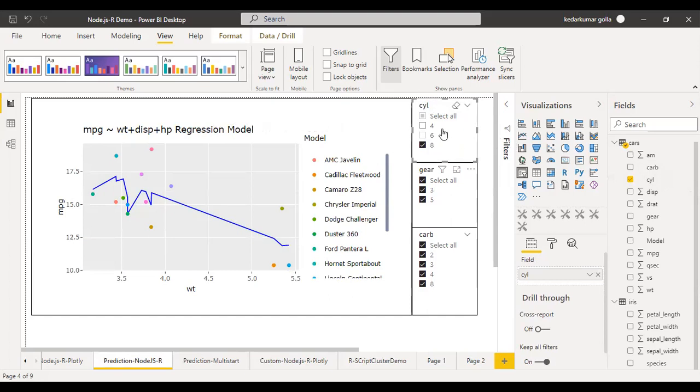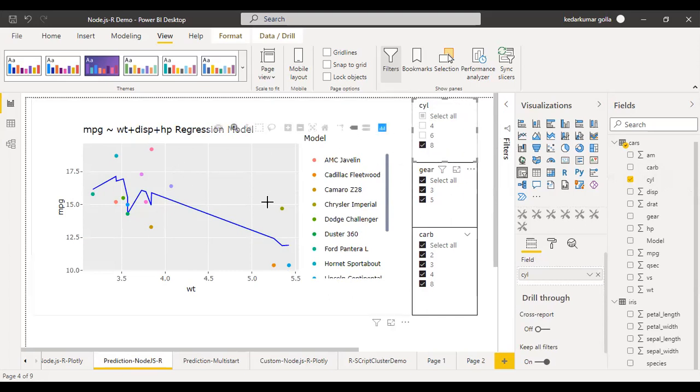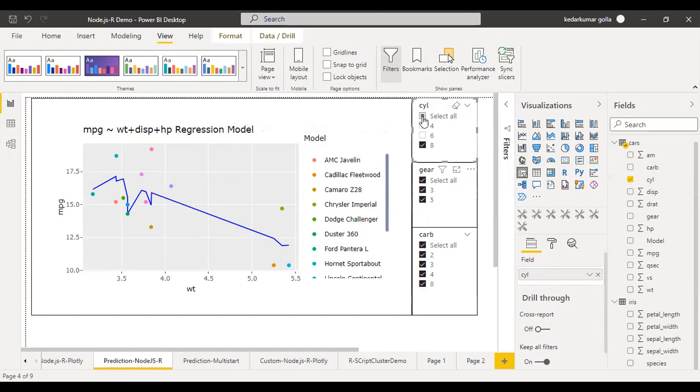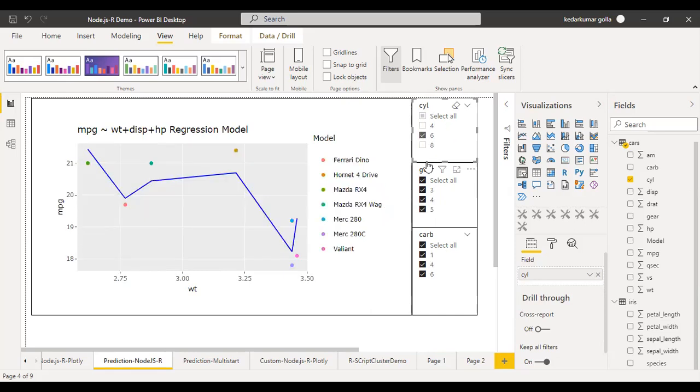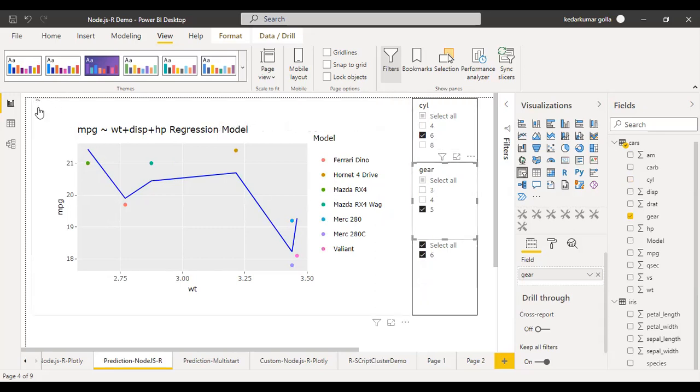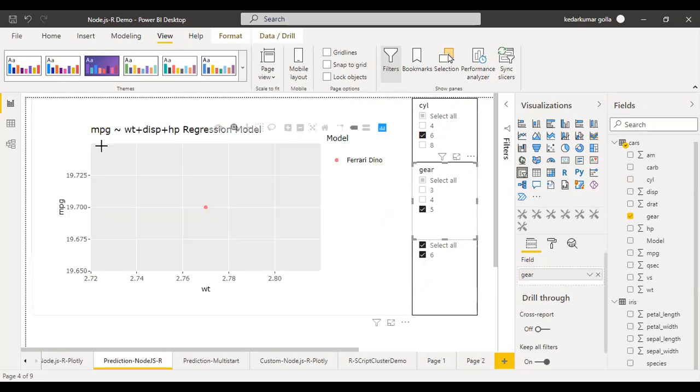So automatically only the data will be filtered and transferred to the R code, and the model will dynamically start refreshing. So like that, you can have multiple combinations. You can see, like, 6-cylinder, five gears. If you want to see, you can just select them. You can see this loading page, right? This indicates that dynamically the data got passed to the R code and it will start running.